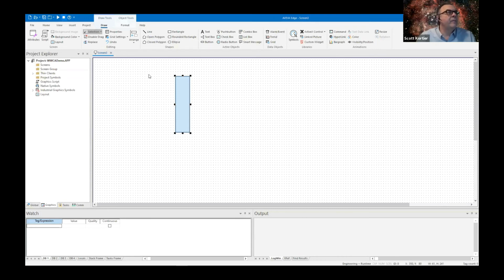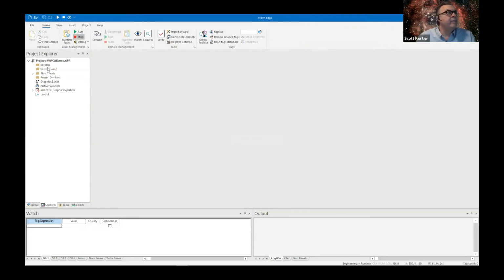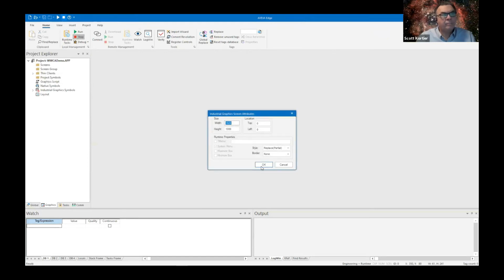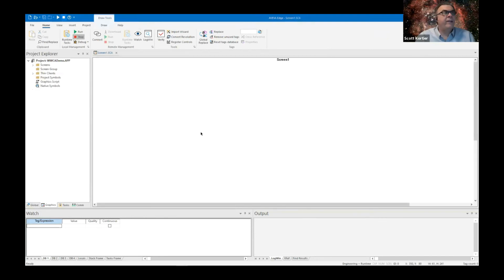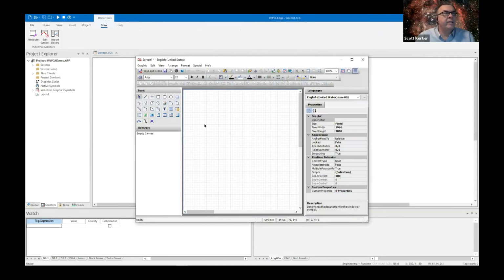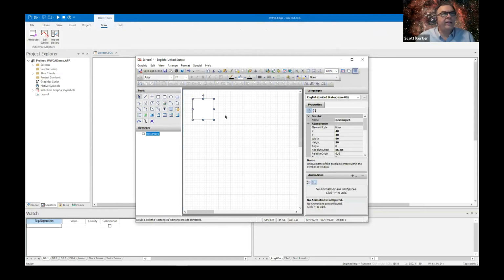But a little different than that is the ability to insert an industrial graphics screen. And now what we're doing is opening up the traditional Orchestra graphic editor, or in this case, we're calling it the industrial graphics editor. And so now you have the ability to put objects from this industrial graphics editor on the screen.